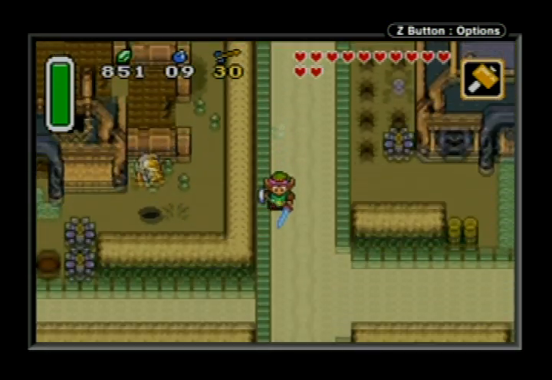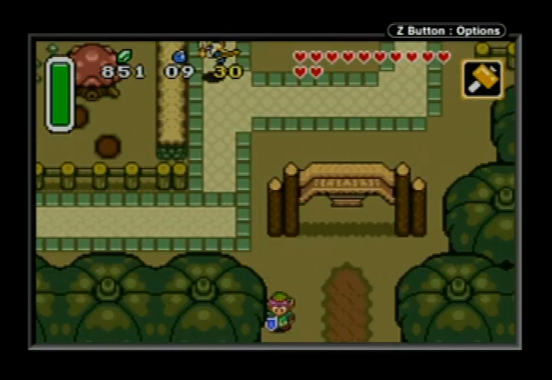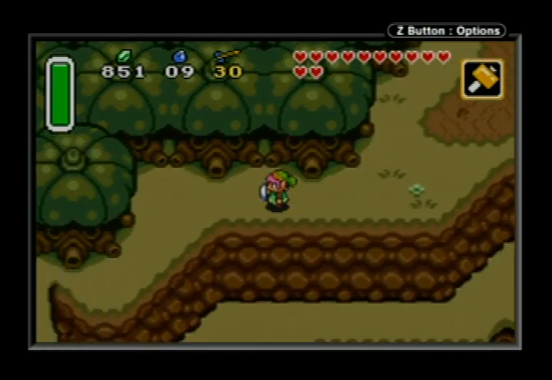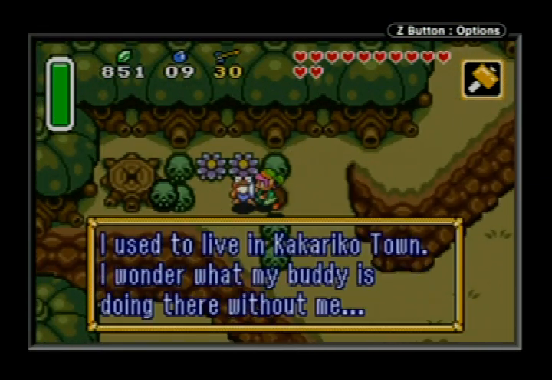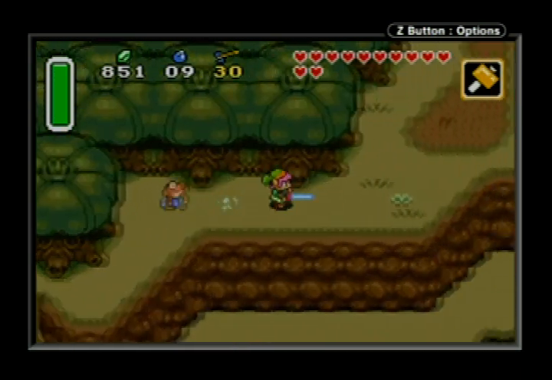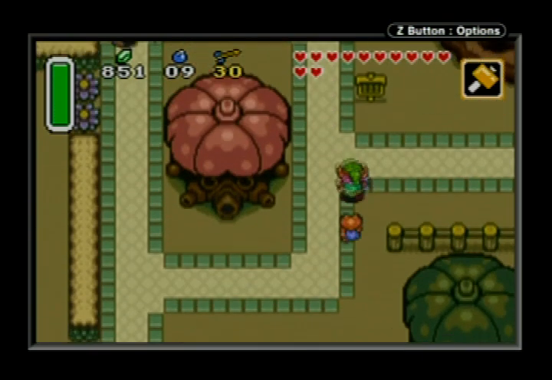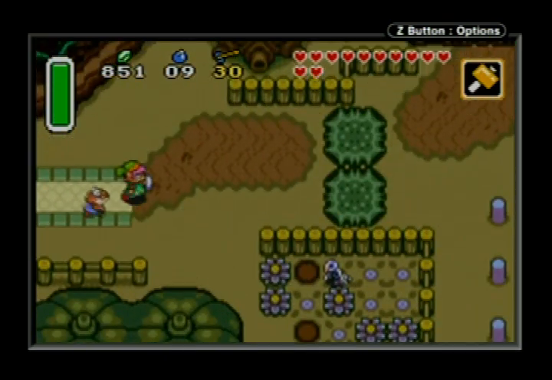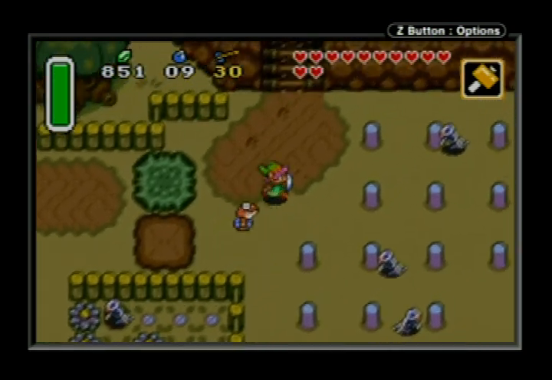Okay, so now that we've done that, it's time to upgrade our sword. So we're going to come down here, like George Thorogood. Lift up this rock. Speak with the smith. It's actually the smith who's been cursed. We're going to take him to his house. Door-to-door service over here. Okay, come over here, lift up this rock, and then we're gonna knock down all these